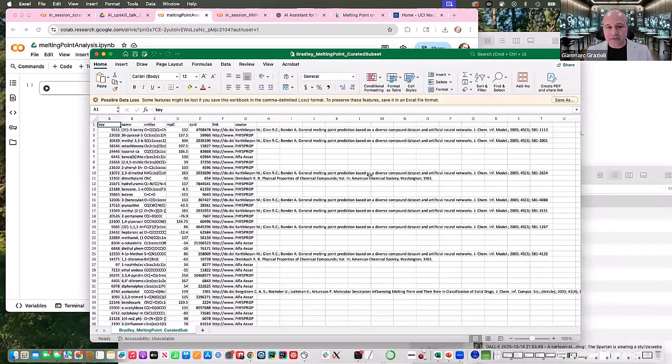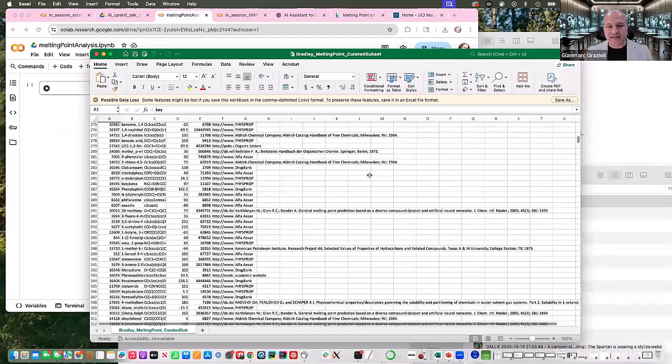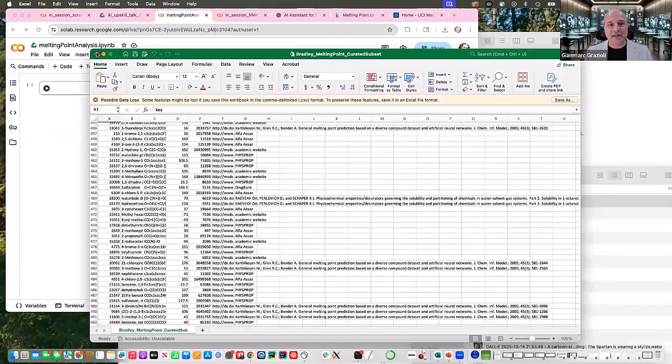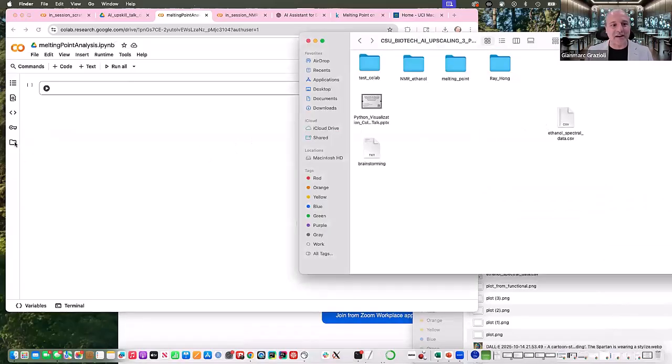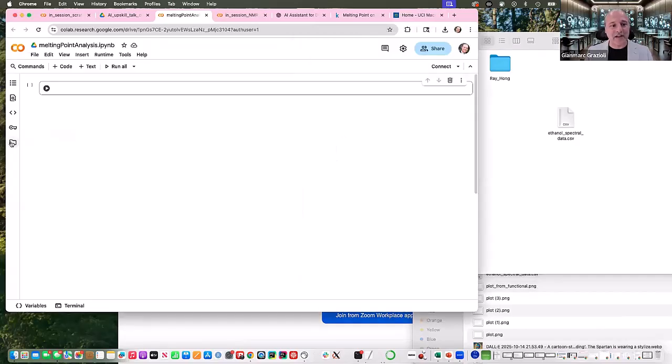This is what it looks like if I open it up in Excel. It's 4,000 rows, but it was actually about 30,000 rows. I made this smaller version just for testing here, and you have access to this as well. It's in that shared directory. So if I click on the folder icon and drag this over there,